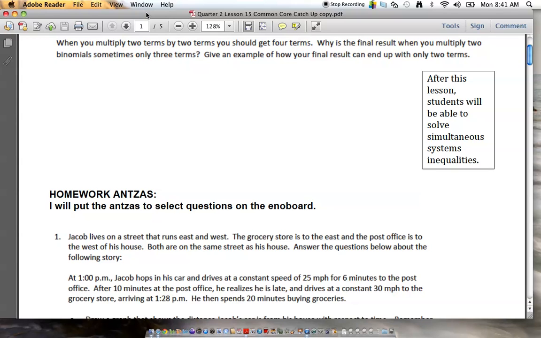Here we go. So I entitled today's lesson Common Core Catch-Up. And what I did was I made these lesson plans a couple of years ago. And each year I've tweaked them a little bit, trying to get them to do a better job as we learn more and more of exactly what the Common